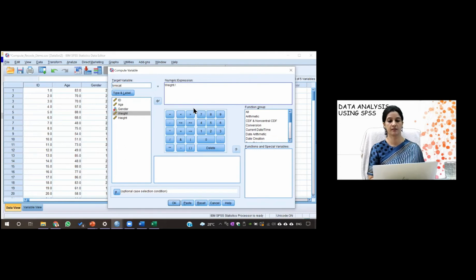So I'll write here weight divided by height multiplied by, this is the sign of multiplication, 0.01. Then again, I need to put it in a bracket. Right. And then again, I have to put a sign of multiply. So I'll put here one multiplication and then this whole I'll have to repeat. So one multiplication here.